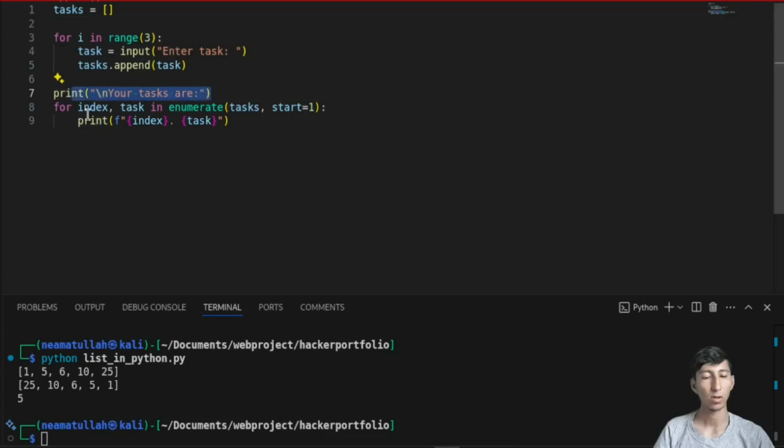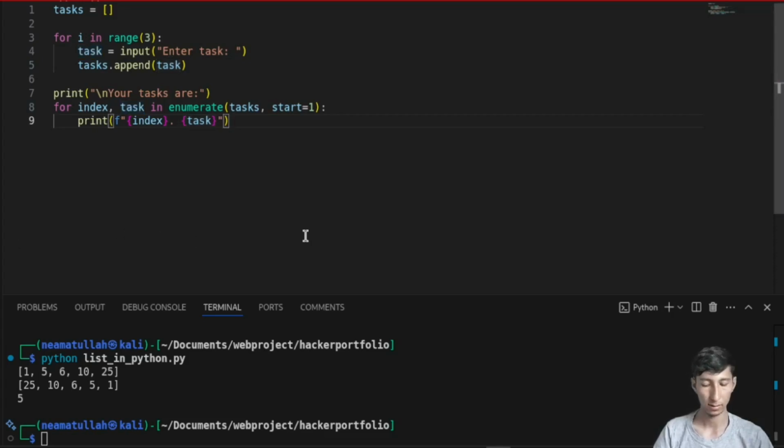Your tasks are, for index, task in enumerate tasks, starting from 1. Print index and then the task. The index could be 0, 1, 2, and also the task will be given. So the user entered 3 tasks, we store them in a list, then we display the tasks with numbering,